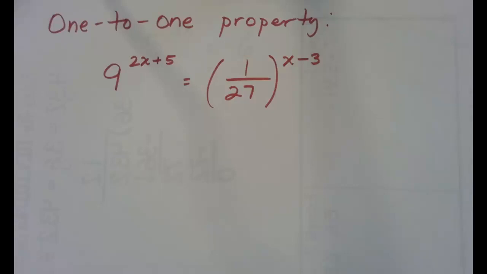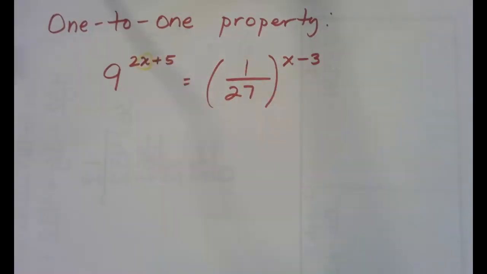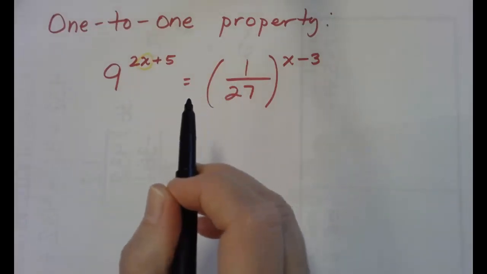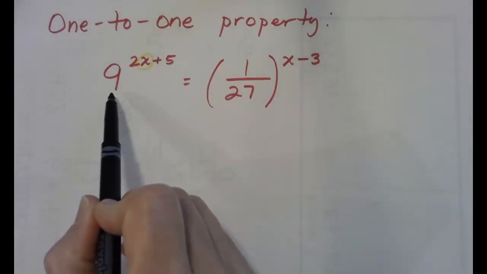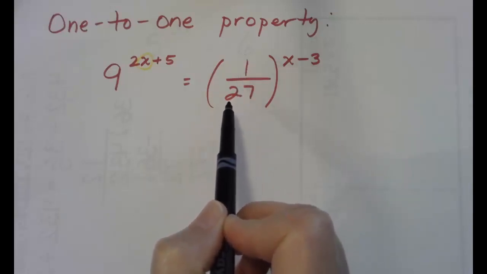This video is about solving exponential equations. An exponential equation is when you have your variable in the position of an exponent. So in this case, we are able to use the one-to-one property because 9 and 1/27 are both powers of